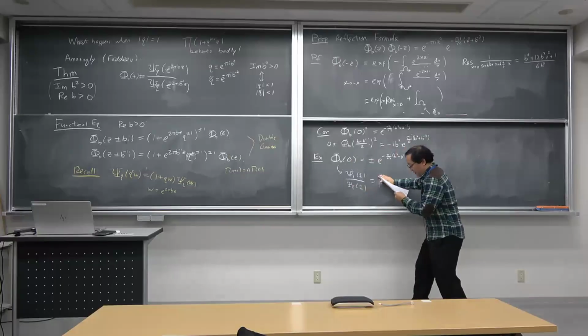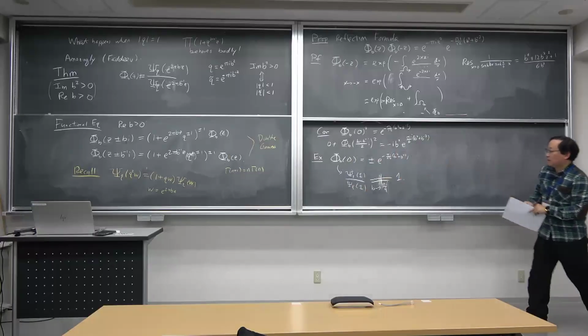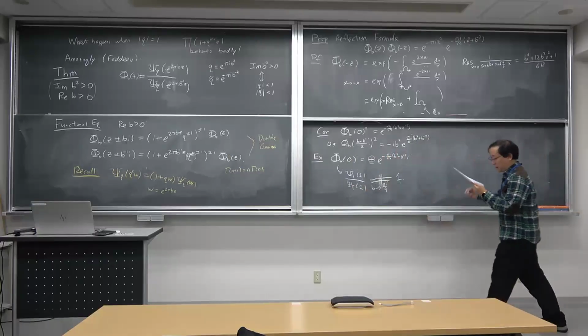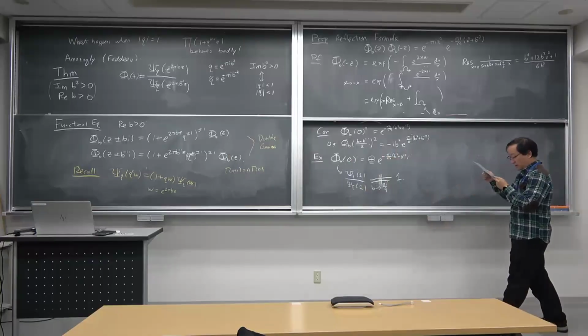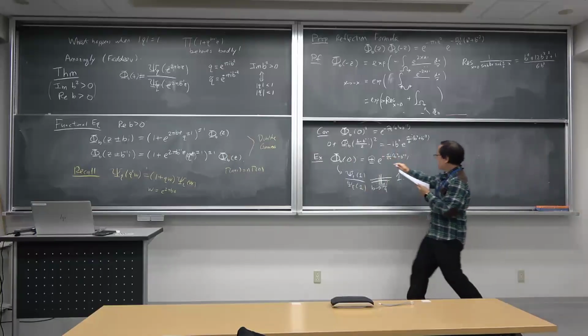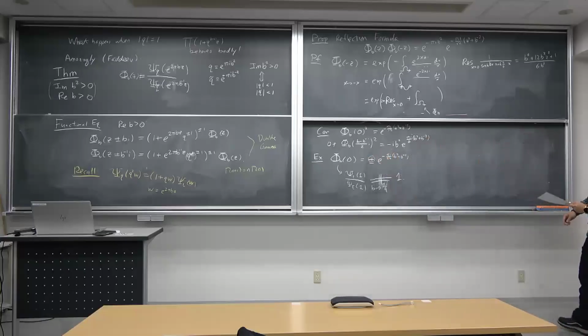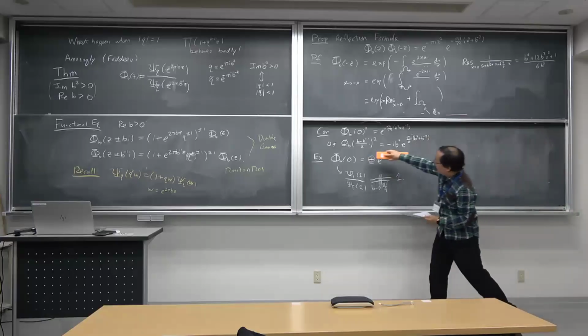Yeah, and you can compute this, and this is just one. Sorry, this is not one. This is some product, but if you set B to be square root of I, then this becomes 1. Yeah, so the plus sign is the correct choice. Yeah. So we have this one,